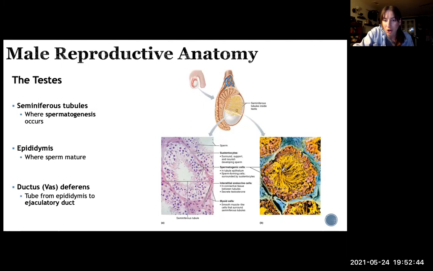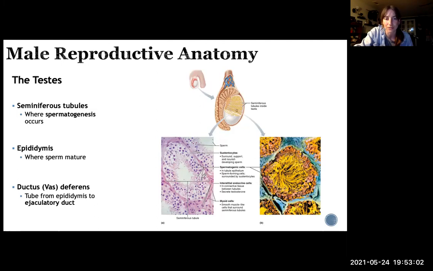So basically all of their little tails are hanging out in the middle of the tube while they finish like dividing and becoming little immature sperm cells inside of the